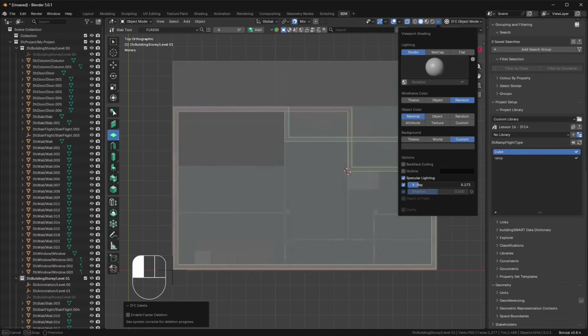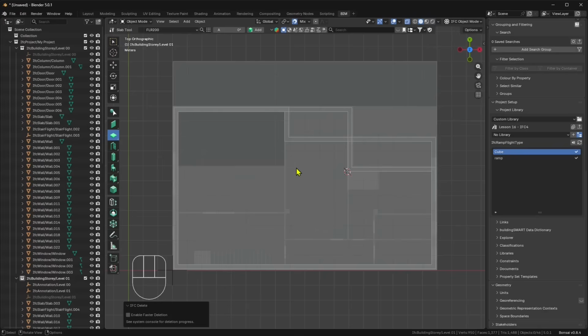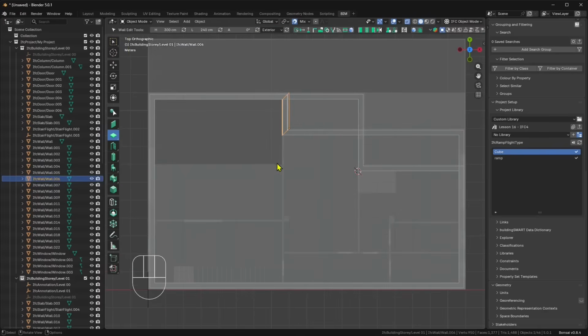And if you don't have CAD drawings or anything as a reference, you can use the bottom floor as a reference, or in this case the ground floor, and then you can play around here with the visualization. Remember, when you reopen this IFC model, all of this stuff will be lost, because this is stuff that will be saved in the Blender file, not in the IFC file. But anyway, once you find the good combination, you will start now to work aligned with the bottom floor. In this case, you can see I created the perimeter walls, and now they are